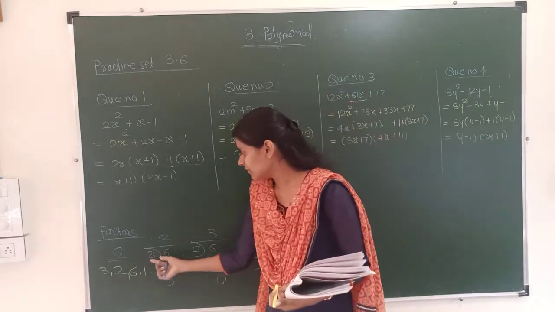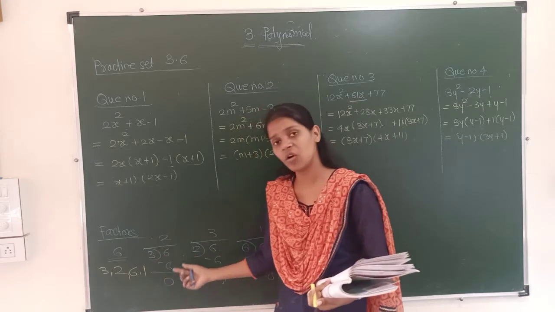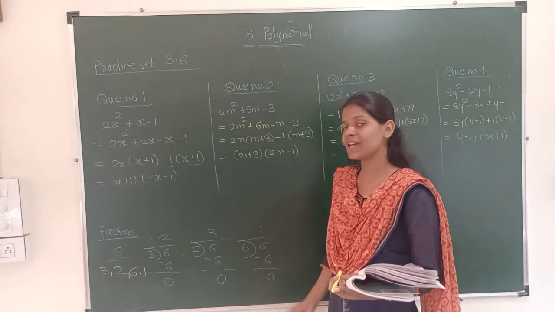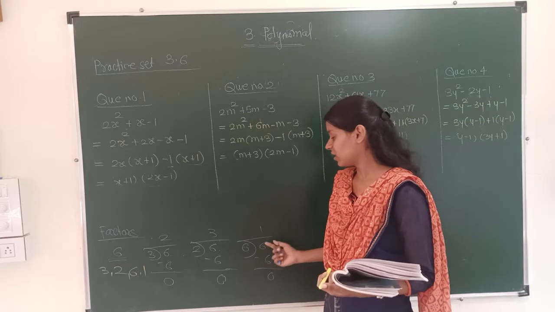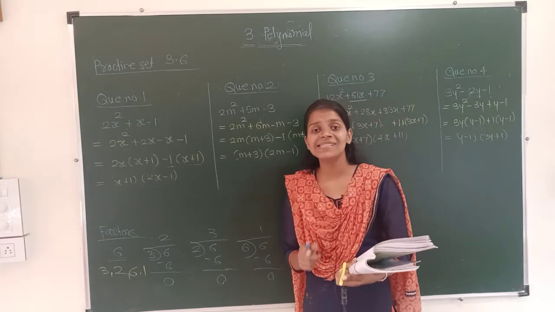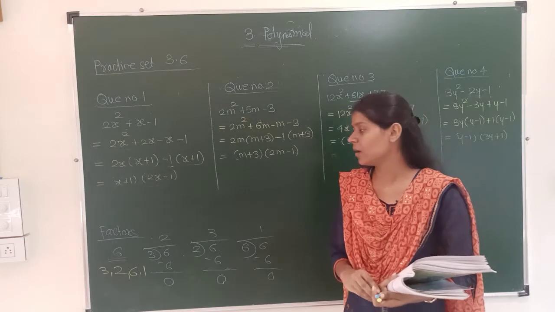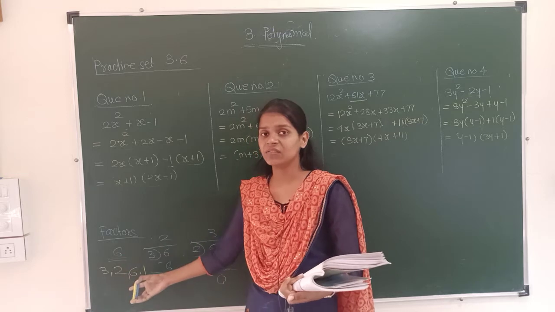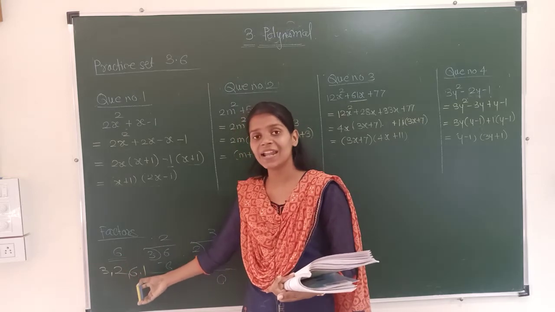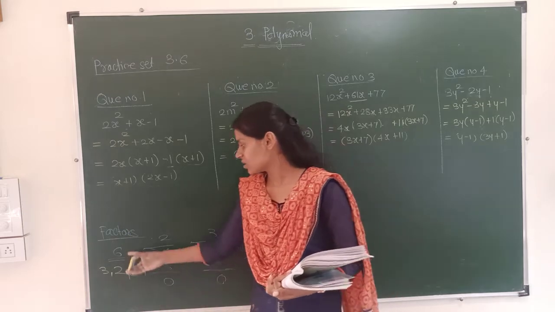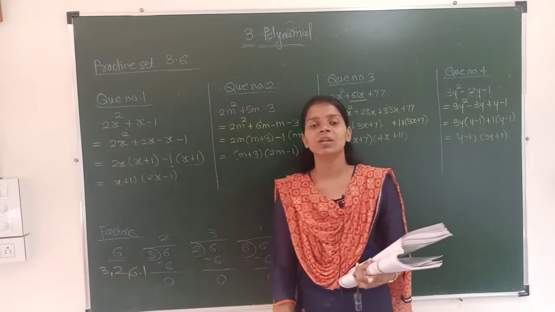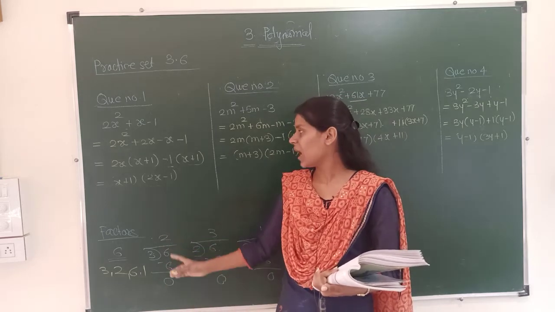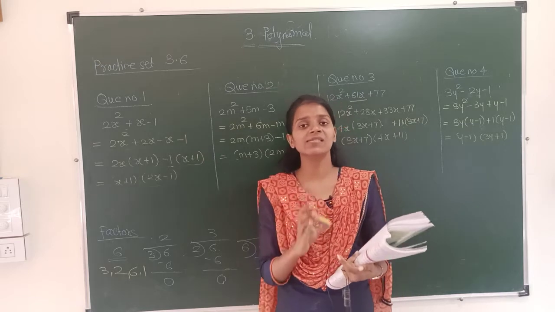See, if we divide 6 by 3, then the remainder is 0. If we divide 6 by 2, then the remainder is 0. If we divide 6 by 6, then the remainder is 0. If we divide 6 by 1, the remainder is 0. Remainder is 0, we have learned the remainder theorem. If the remainder is 0, then these numbers by which we are dividing are called factors. So the factors of 6 are 3, 2, 6 and 1, because they give full division, the remainder is 0. Now in the case of polynomials, the same thing is going to happen.